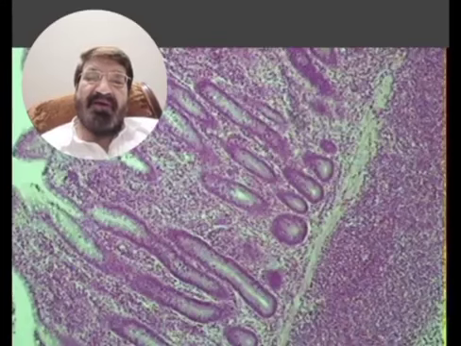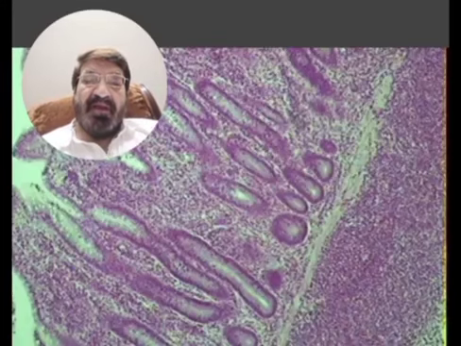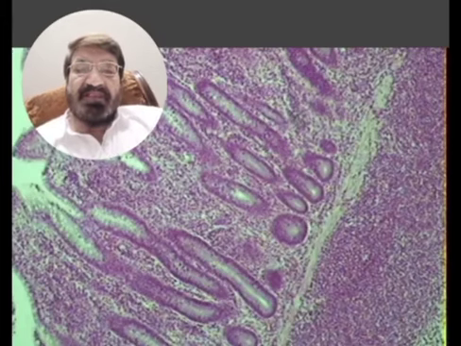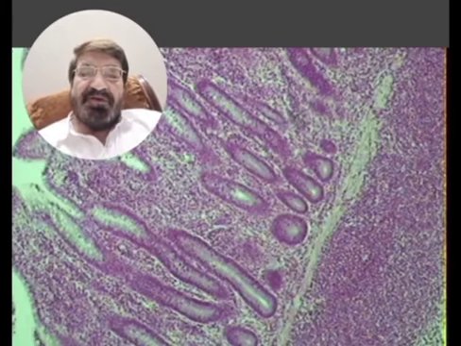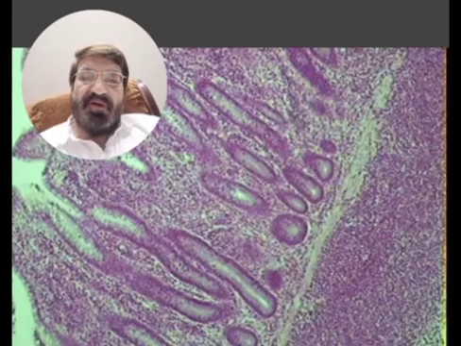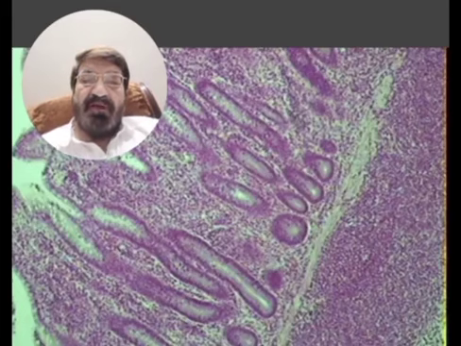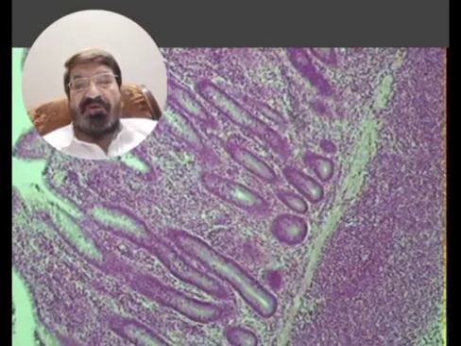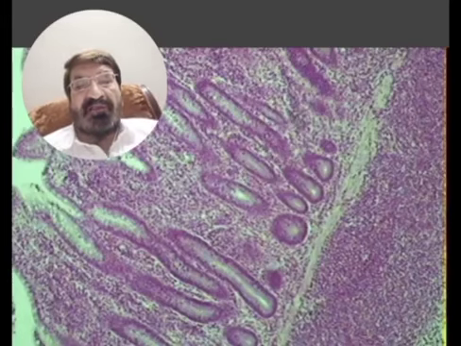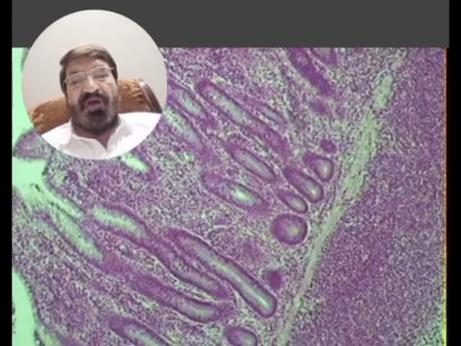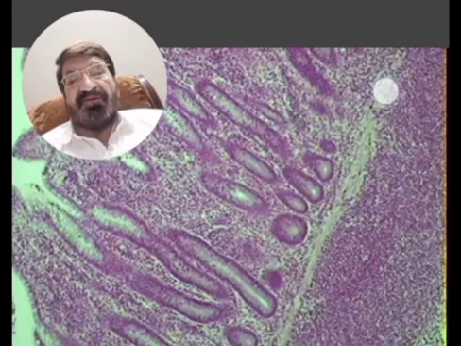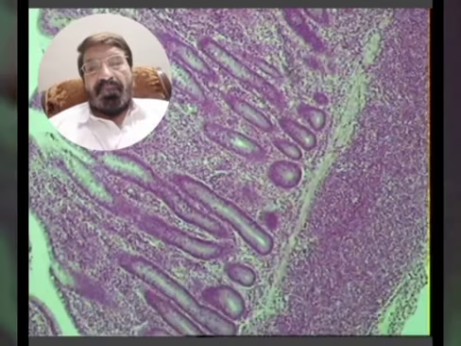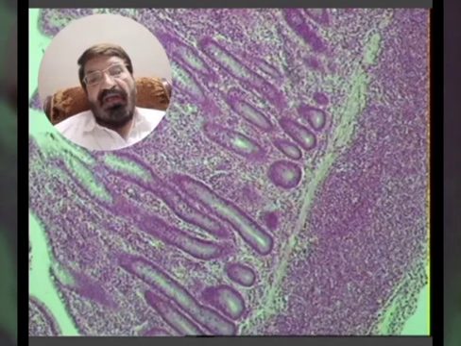This is the ileum, the third part of the small intestine, and in the ileum the characteristic feature is the presence of Peyer's patch. 70 to 80 lymphatic nodules coalesce, unite together, fuse together to give rise to a big patch of lymphocytes, and these lymphocytes penetrate. This is the slide of the ileum.